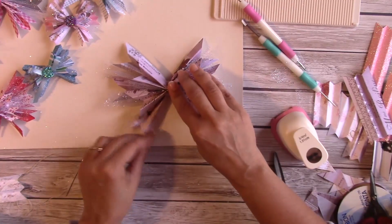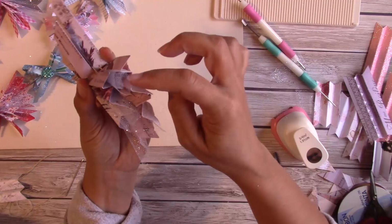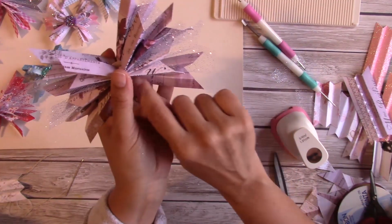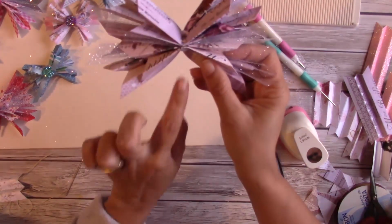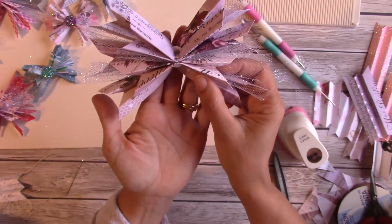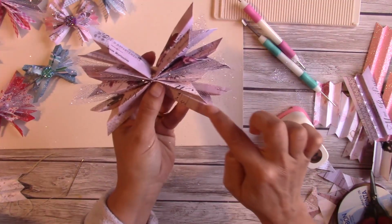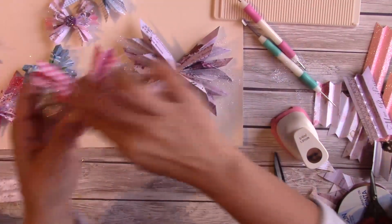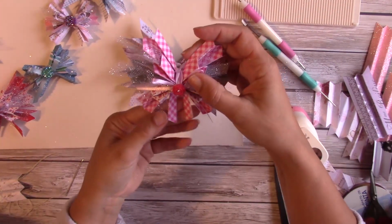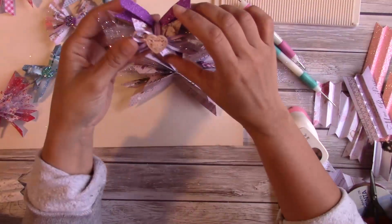And it's so cute. At this point, you see it's 1, 2, 3 strips of paper. This bottom one, the fold, I was cutting along that fold on either side of the bottom portion of the bow, and the bottom strip. I was cutting along that perforated edge to create a tail. And it's kind of cute on the smaller ones, but again, like I said, my preference is just to leave